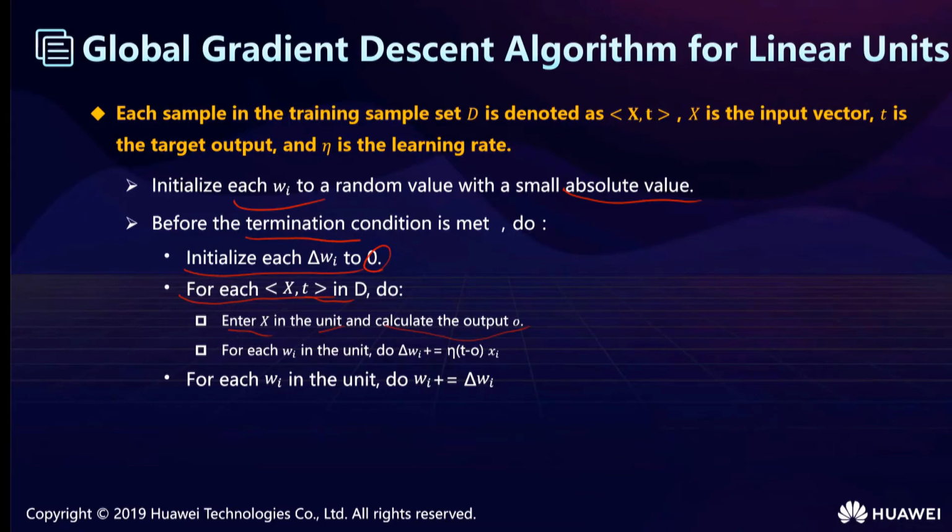Then we use the output to calculate delta wi for each wi, and we update